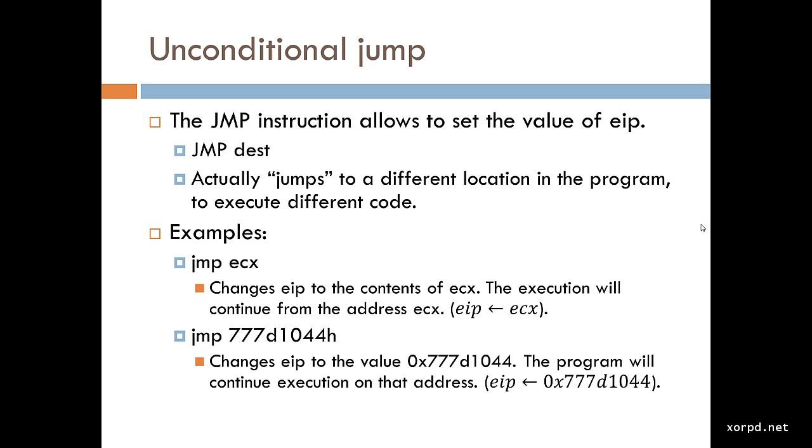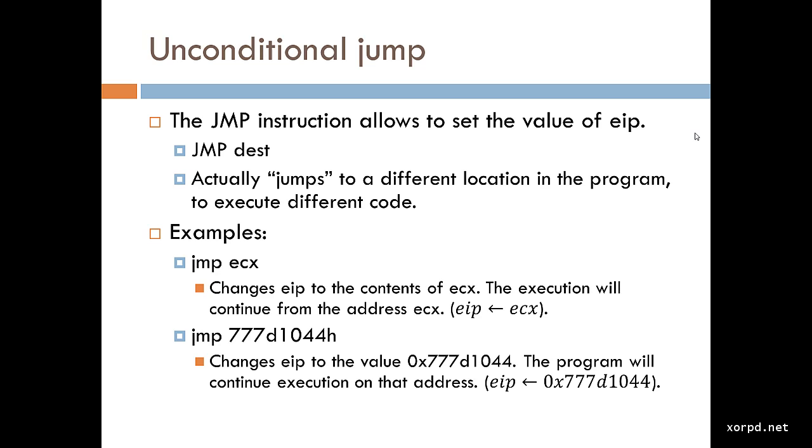Unconditional jump. The JMP or jump instruction allows us to set the value of EIP. It looks like this: jump destination. It has only one argument. This instruction actually jumps to a different location in the program to execute different code. It means that it goes to somewhere else and then the execution of the program is going to continue from